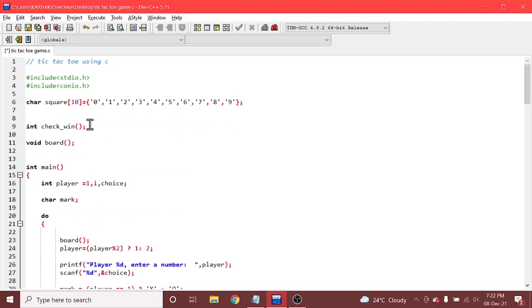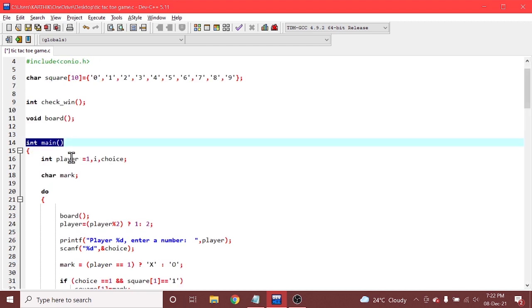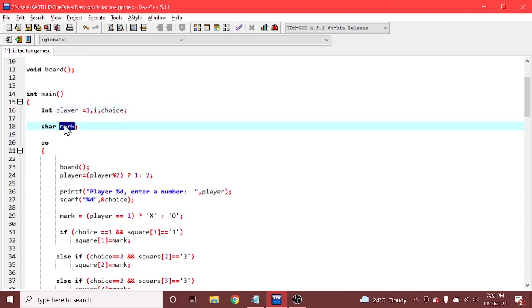And you can see the program. First we have created a square array, which has values 0 1 2 till 9, and this is a checkwin function. This is to create your board, and inside the main function we have given values for player, choice, and this is a mark which must be displayed after the game.